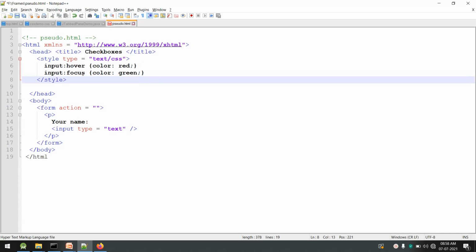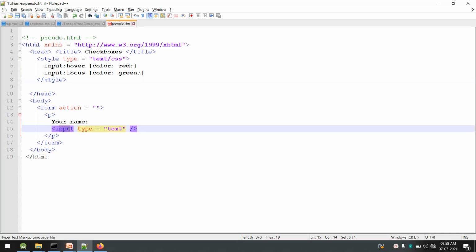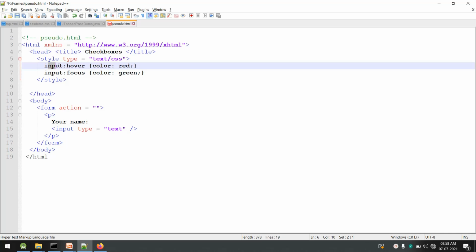Now how the pseudo classes are applied, you can see. I want to apply the pseudo class to the input tag. So we have the name of a tag, that is input. Then we have a colon here in between, and then we have the pseudo class name, that is hover class we want to use. Means when I take my cursor on the input, then the color should be red.